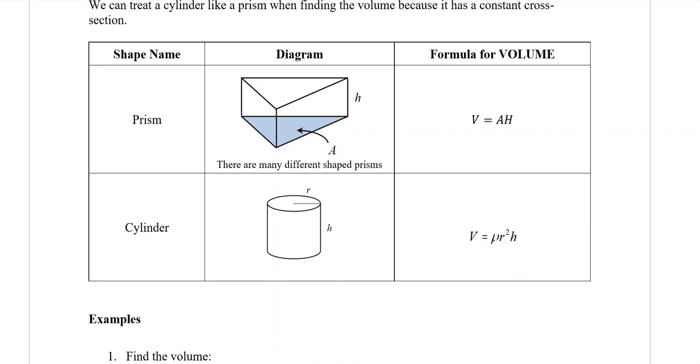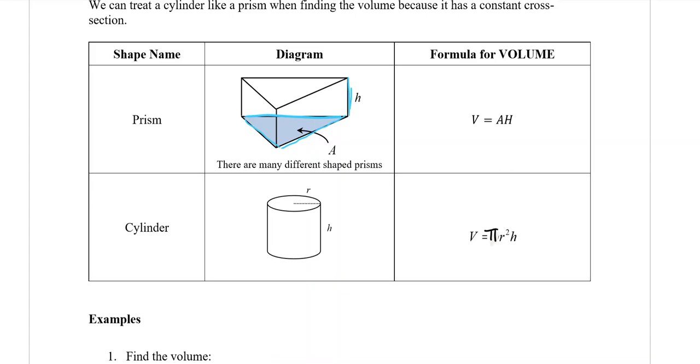So the formula for the volume of a prism is V equals AH. The A represents the area of what we call the cross section. In the diagram that you can see there, it means the triangle. But sometimes it might be a trapezium, or it might be a square. It could be any of the other two-dimensional shapes that we know how to find. So you find the area of this shape first, and then you times that by the height to find the